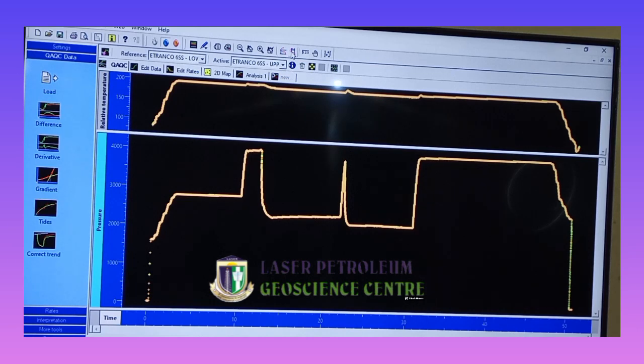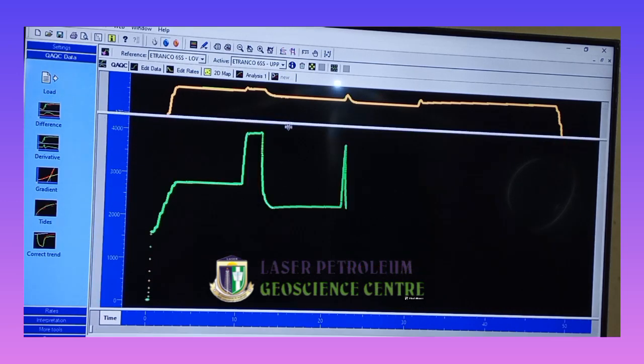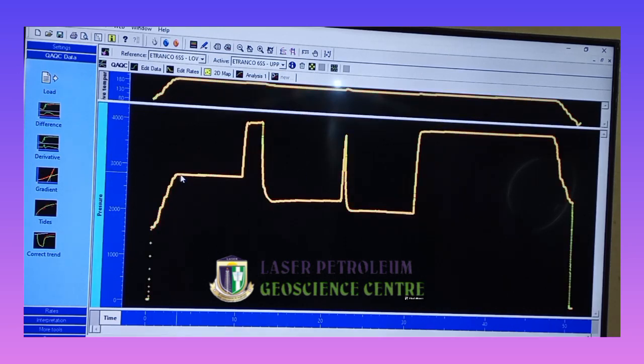If you look at your data now, is everybody here? Please, if this one is movable, you can move it down. If you stretch it down, the temperature is going to be louder. If you take it up, you're going to have pressure. So please do yours in a way that your pressure is showing more, because that's our interest. And make sure your pressure is active. Then when you do this,